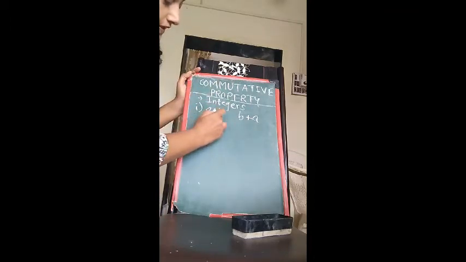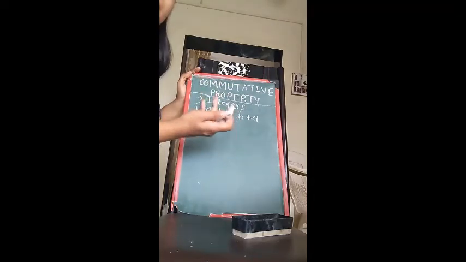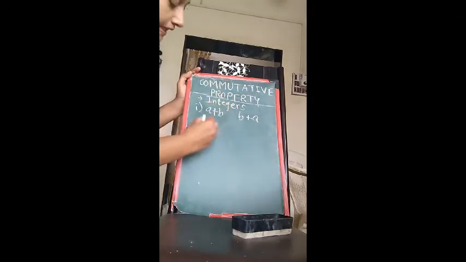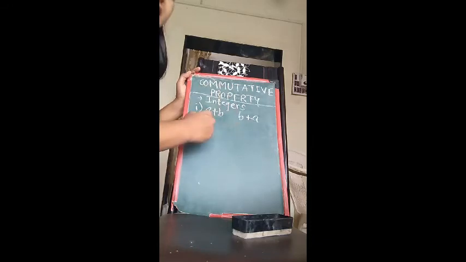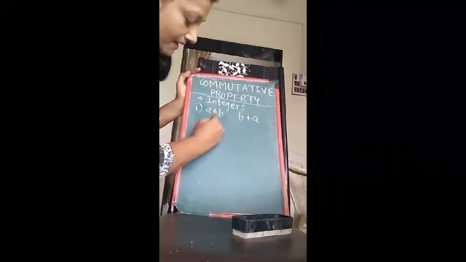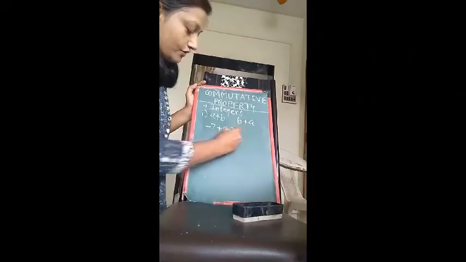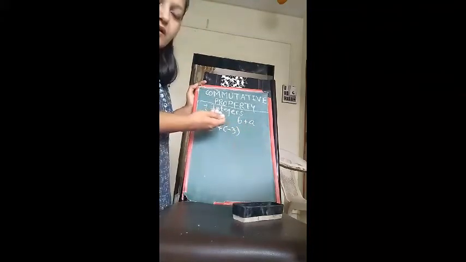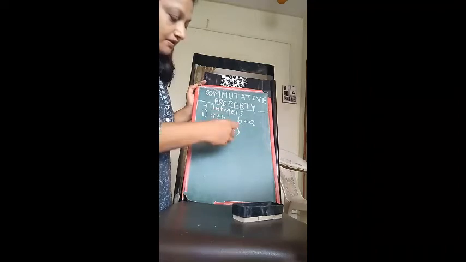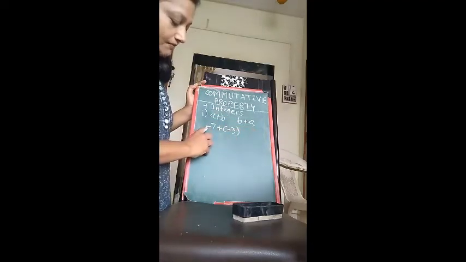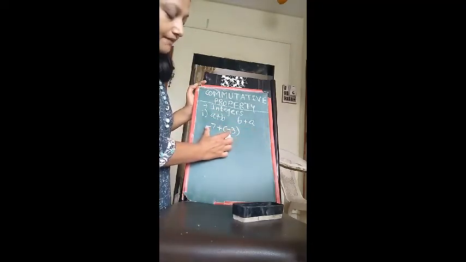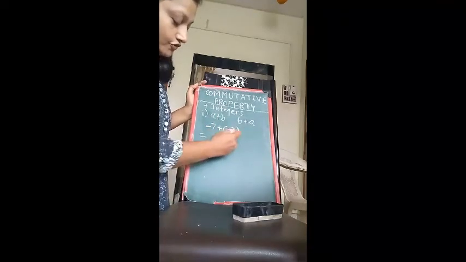So first we will take any two integers. You can take any integers, minus minus, plus plus, any. Here I am purposely taking the minus sign. So minus 7 plus of minus 3. We will take a somewhat difficult step here, so I am going to take negative integers. So how will you solve this?